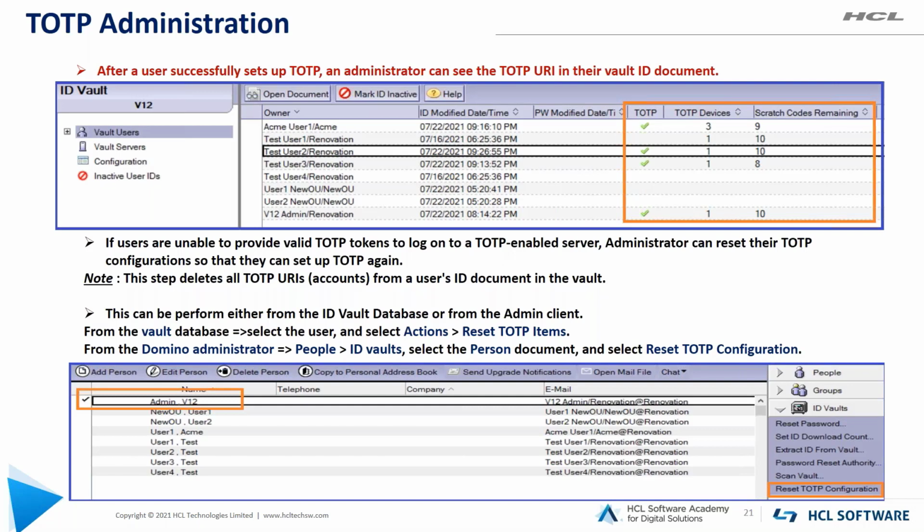As an administrator, you can reset the TOTP configuration for an end user. This can be performed either from the ID Vault database or from the admin client. To do this, select the user and click on Reset TOTP Configuration. Moving to the next slide.